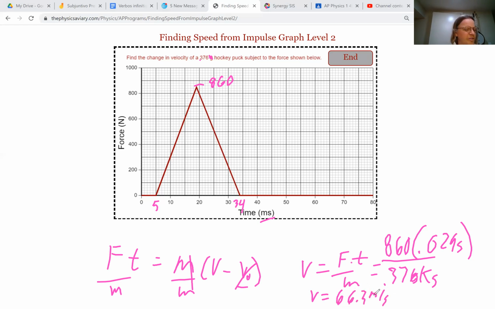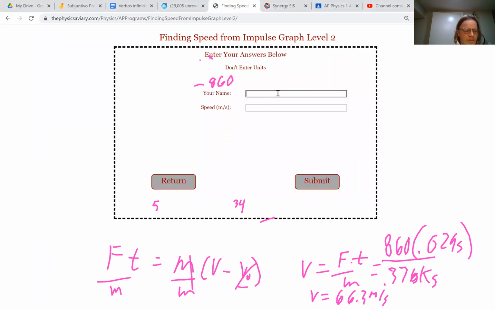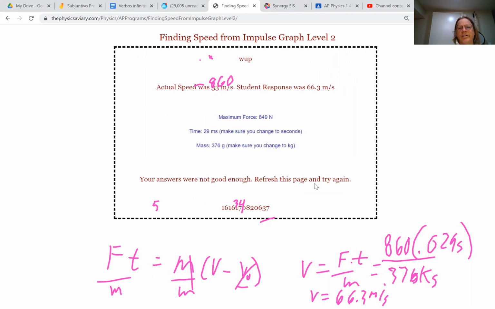That's over 130 miles an hour. Okay, hope that doesn't go flying into the crowd. So, hey, I guess I'm done here then, right? So let me stop the annotating. And ending this sucker, name, whoop, and speed is 66.3 meters per second. Look at me nailing life right over there. Actual speed, whoa,